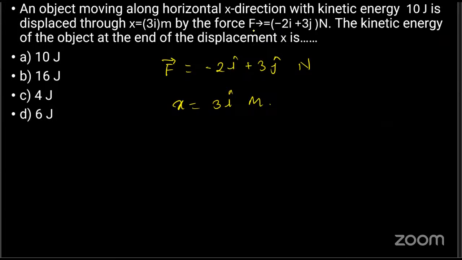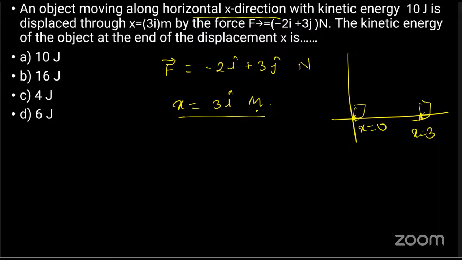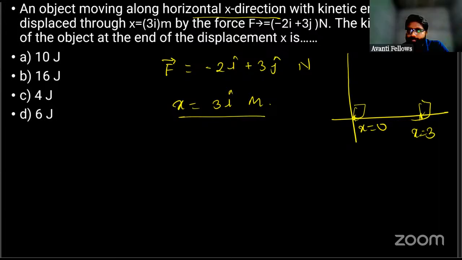ठीक है, सो कहां से स्टार्ट हुआ है डिस्प्लेसमेंट? x इज इक्वल टू 0 से along horizontal x direction में मूव कर रहा है और x इज इक्वल टू 3 पे ये डिस्प्लेसमेंट एंड्स. ठीक है, क्लियर है? सो पार्टिकल कितना डिस्प्लेसमेंट हुआ? 3 i क्या? क्लियर है सभी को? Now